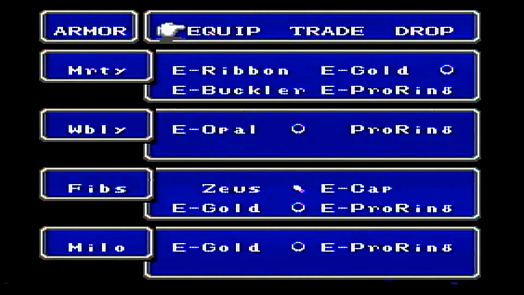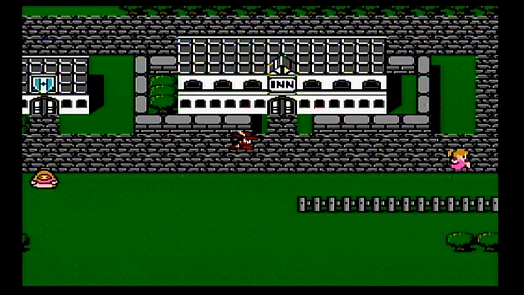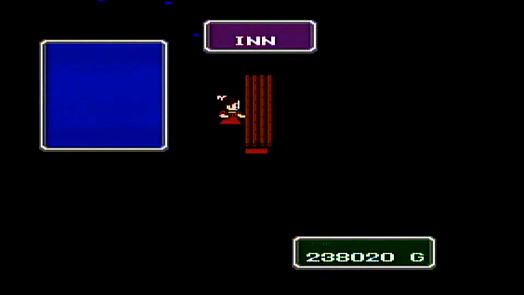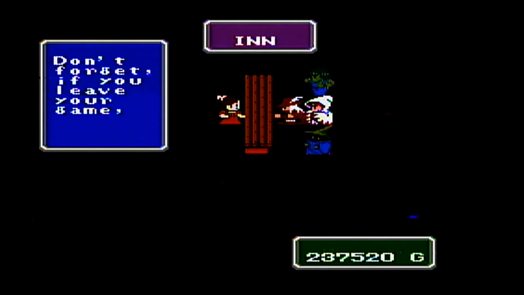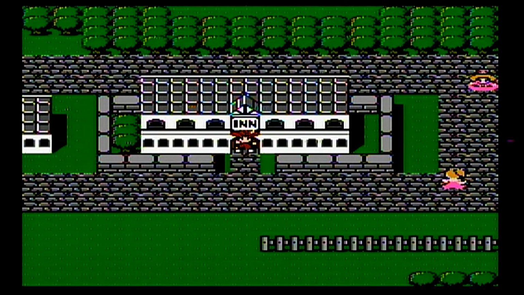Let's flip around here. Let's equip that Pro Ring. There we go. And real quickly, we'll give the cap to Milo. It gives him slightly a little bit more defense. Milo has less hit points than Fibbs, so that might help him out a little bit. So save our game here, heal up, and we'll be ready to go on to the Mirage Tower in our